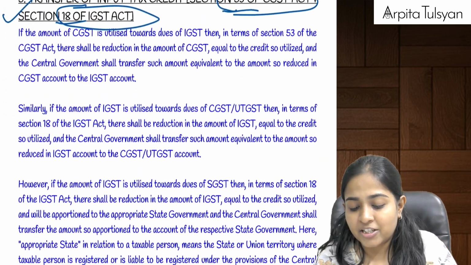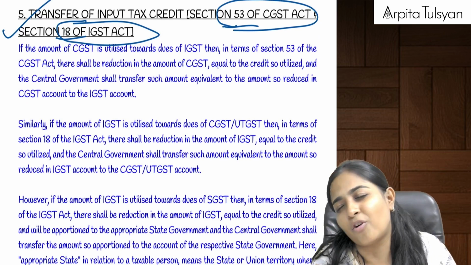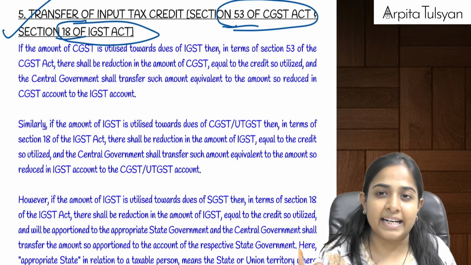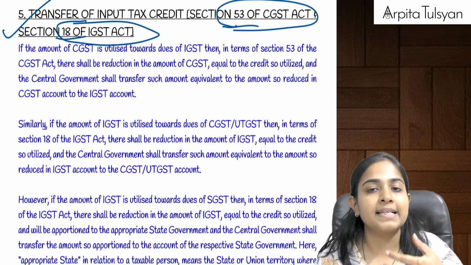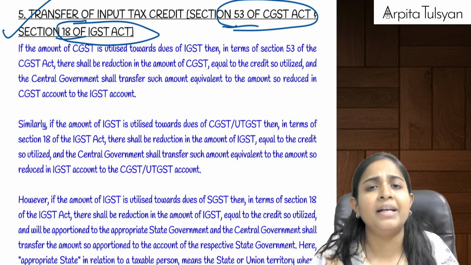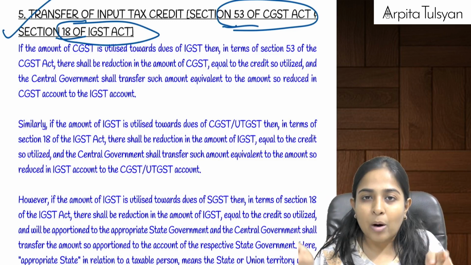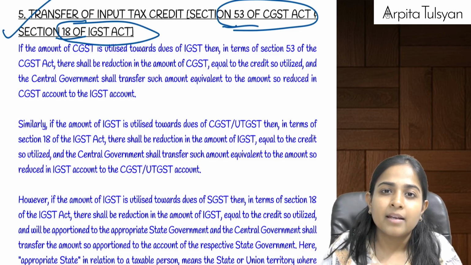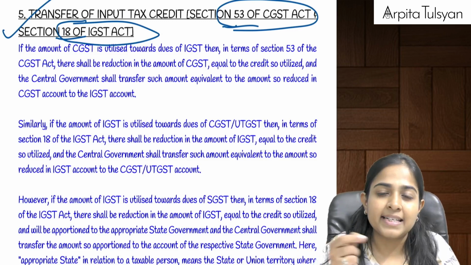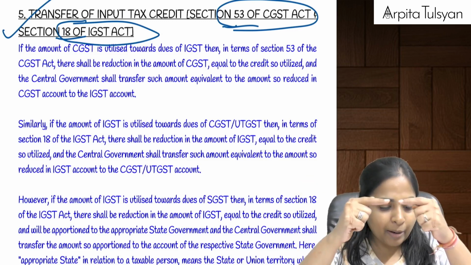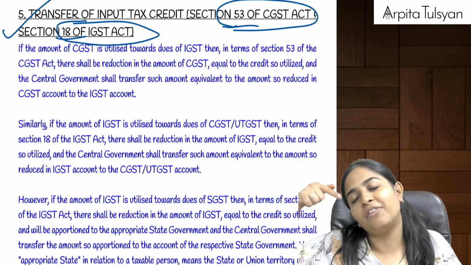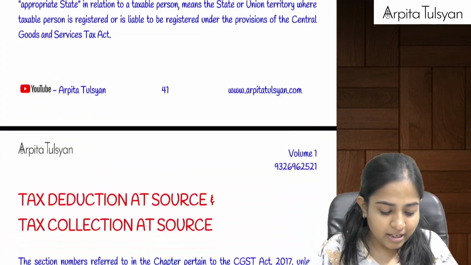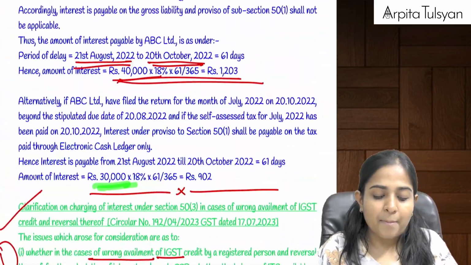Yes. And the last section, that is section number 53 of the CGST Act, which we have already studied in the earlier chapters, says that whenever we are utilizing other credit, for example, if we are utilizing CGST credit for payment of IGST liability or vice versa, then amounts will be transferred internally by the government from one head to another head. Example, if I am utilizing CGST credit for payment of IGST liability, amount will be reduced from the CGST account and it will be added to the IGST, and so on and so forth. Are you clear with this? Yes, this was all about your payment of